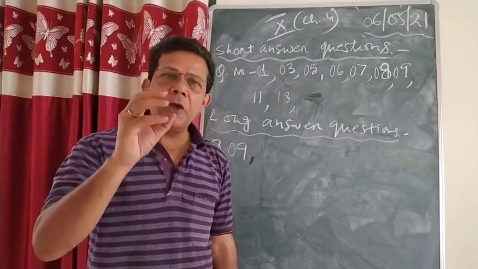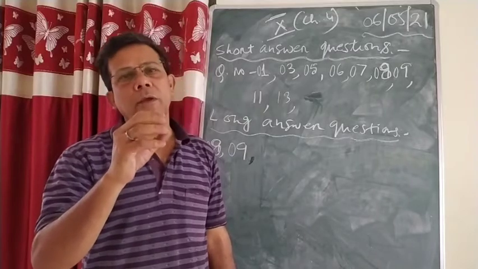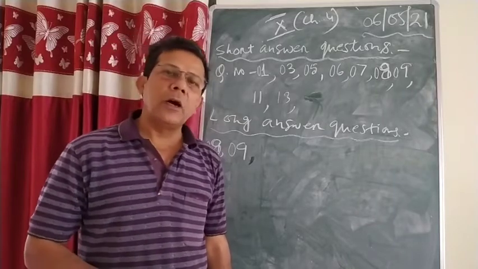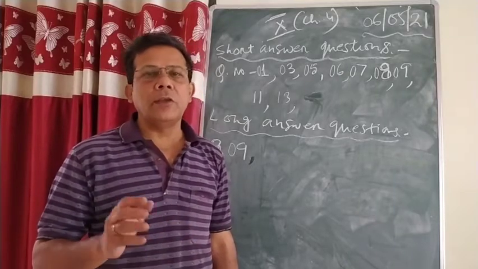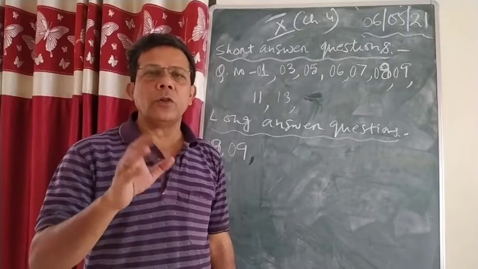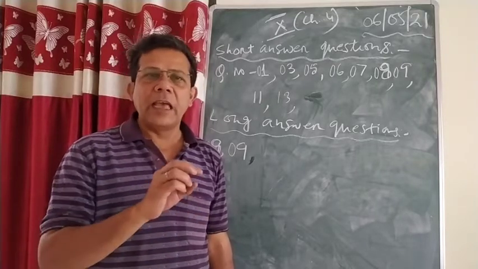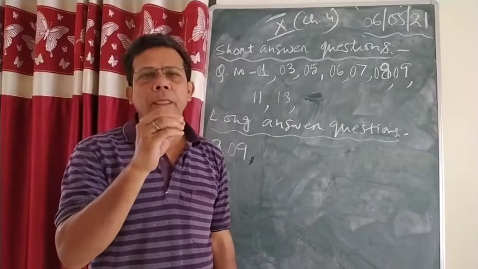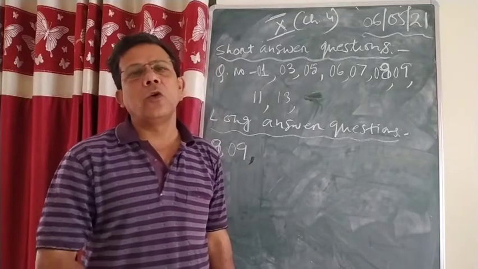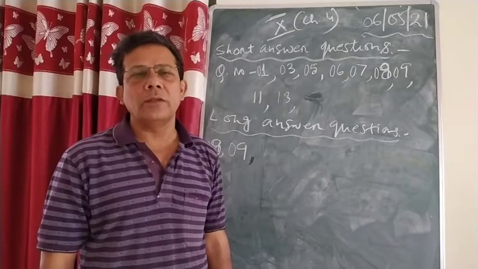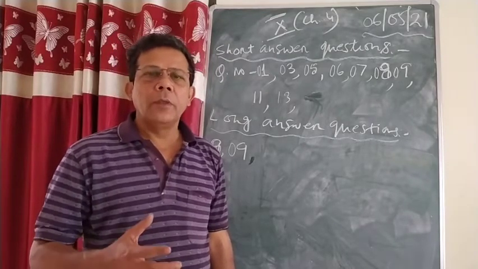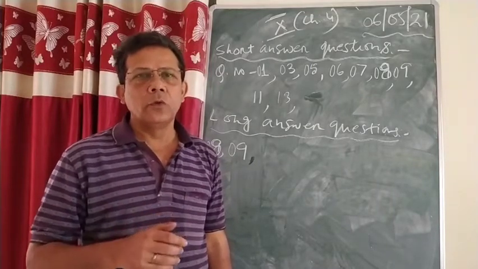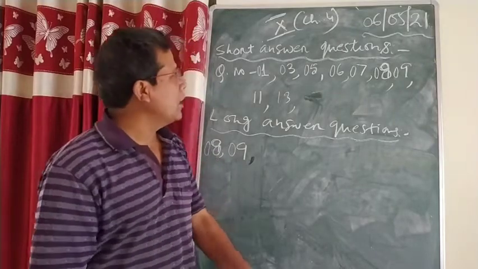That means I have already completed this particular chapter, what all topics I am supposed to discuss as per the council syllabus. The council syllabus is already sent to you. You must have also seen what all things you are supposed to study from this chapter. Everything I discussed better. In today's class, I am just going to discuss briefly which all questions and answers you are supposed to write in your copy. You have to write and learn those questions and answers from this chapter. Basically, I discussed the questions that came in the board examination in the previous years. Those questions only I discussed. But here I am going to discuss all these questions and answers.